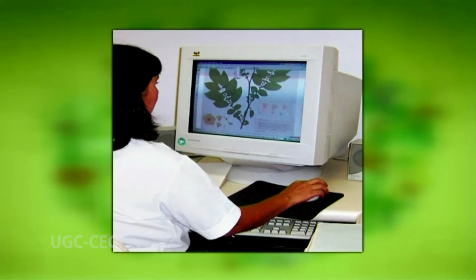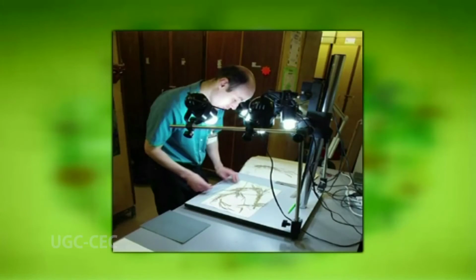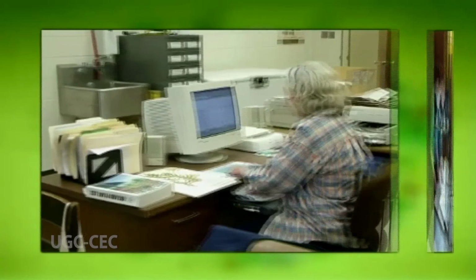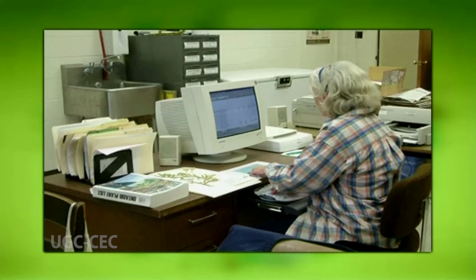In particular, the digital herbaria, sometimes also called as e-herbaria, they can be of use for increased public awareness about environment and biodiversity related matters. Some herbaria throughout the world, especially in the developing world, they make their specimen database available on internet so that it becomes easily available in any part of the world.